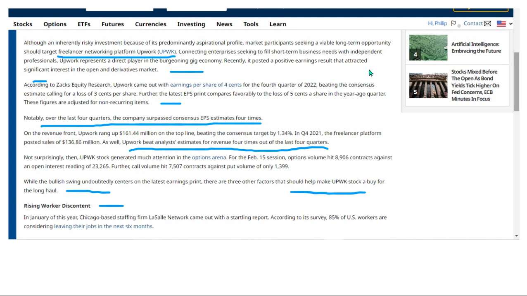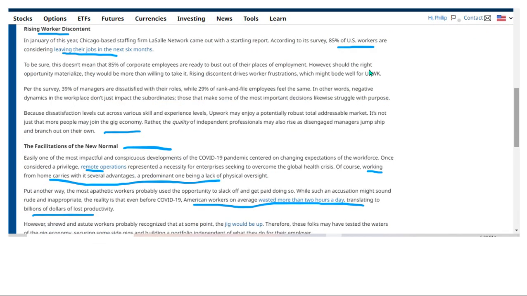First of those would be rising worker disconnect. In other words, people don't generally like working for these big companies now. They want to work independently. So that's one reason he's giving for that. And he goes into that reasons. I'm not going to read through that, but the gig economy, 85% of U.S. workers are considering leaving their jobs. He's talking about the new normal of remote operations or working from home,